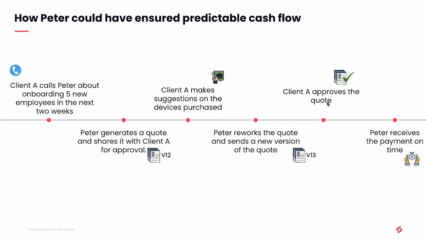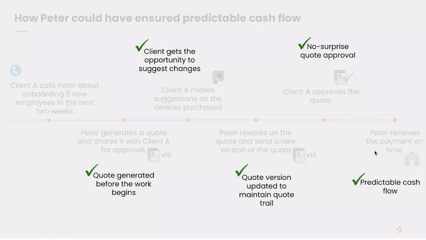Now, at this point, client is happy with the code and he approves the code. And Peter receives the payment on time. Technicians are happy. Vendor is happy. Everyone is happy. Now, in this flow, you can see that the major problem has been fixed right at the